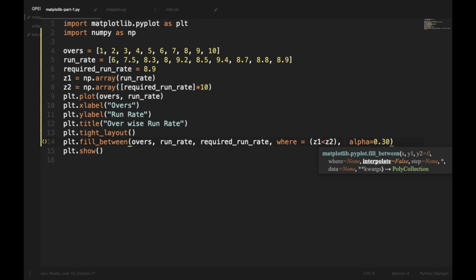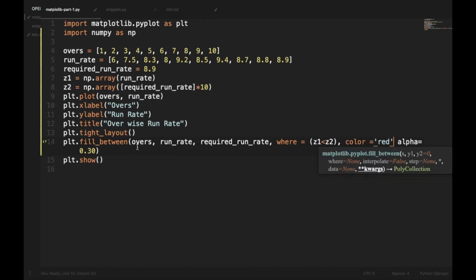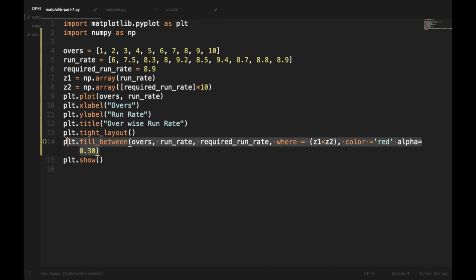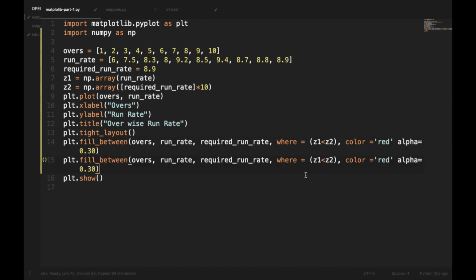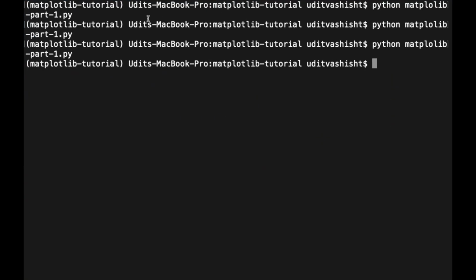Here we will be giving it a red color because the required run rate is higher, and we will again have to do plt.fill_between, and here where z1 is greater than z2 we'll be giving it a green color. And now if we save it and plot it,